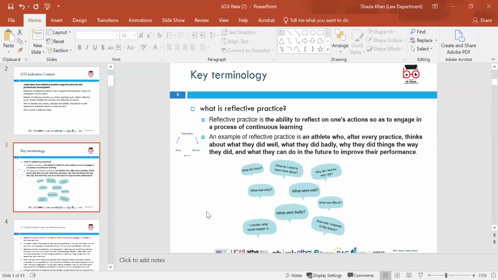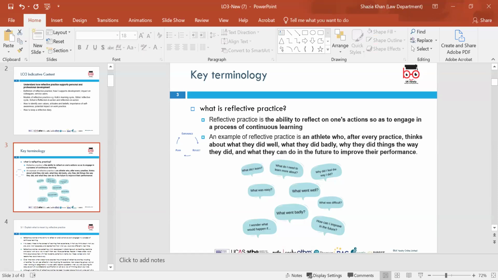For example, if you're a student and your teacher tells you to do it this way, and you could have got a merit, you will do that, won't you, to improve your mark? So it's making sure of how you did, what you did, what you learned, what was easy, what went well, what was difficult.